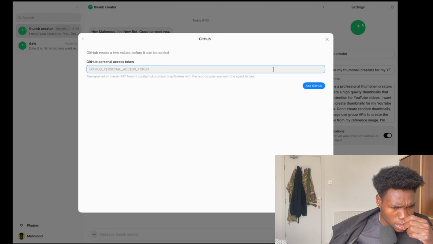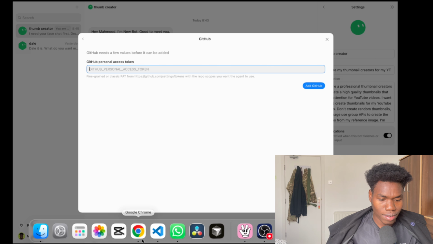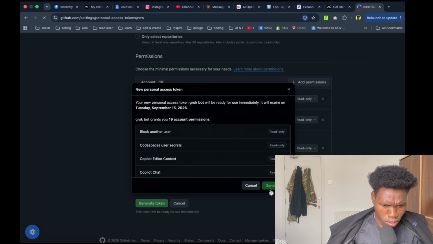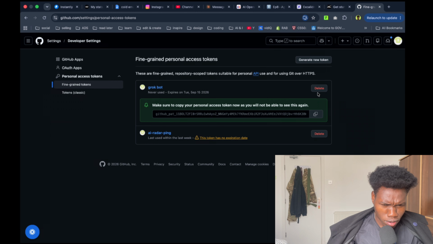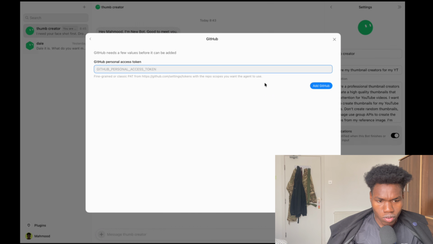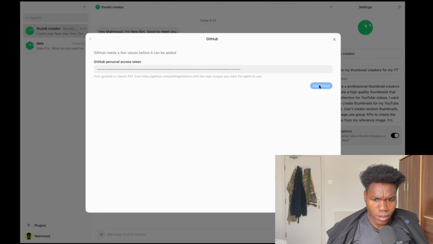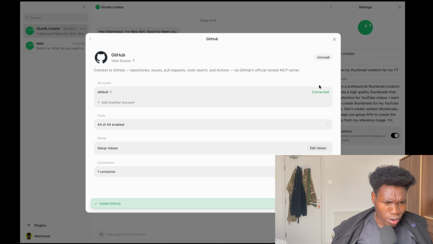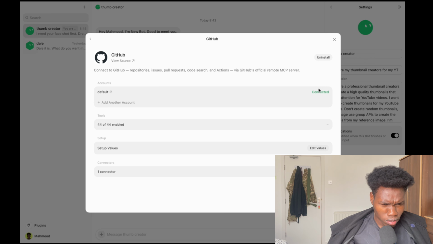We need a GitHub access token. I'm going to get my access token from GitHub. So GitHub, generate token. I'm then going to copy this and paste it there. I'm not sure if this is the correct method to give it or not. So there we go, add GitHub, and then yeah, we granted access to our GitHub account. So I'm going to give it